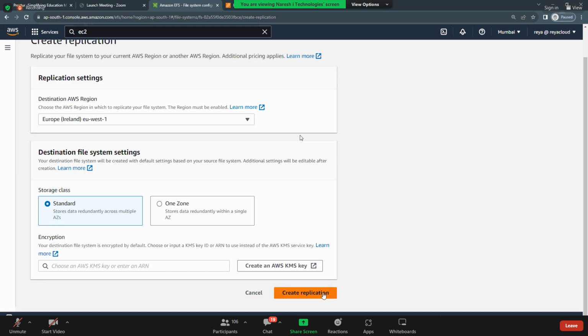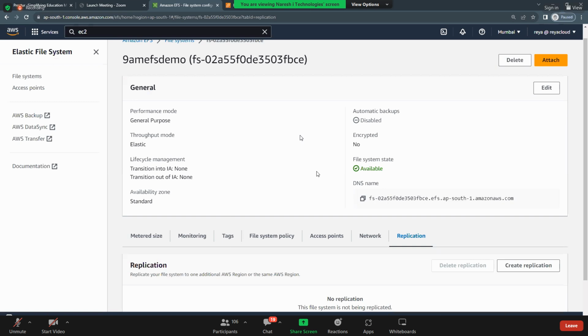If you click on create replication, automatically one EFS will be created in Ireland, and whatever data you put here in Mumbai is automatically copied into Ireland. Ireland EC2 instances can use that EFS. But don't do this. Do you understand how to do the replication also? Yes. So what you need to do is, the task here is